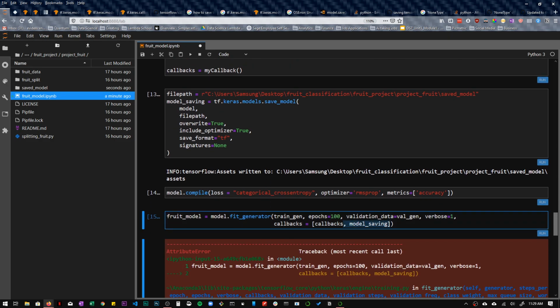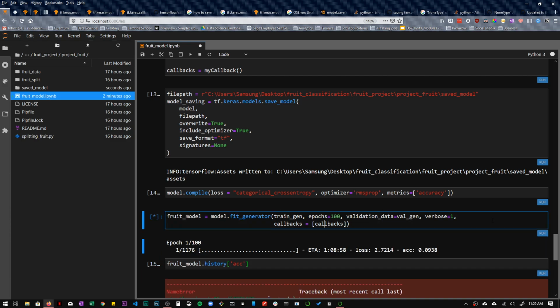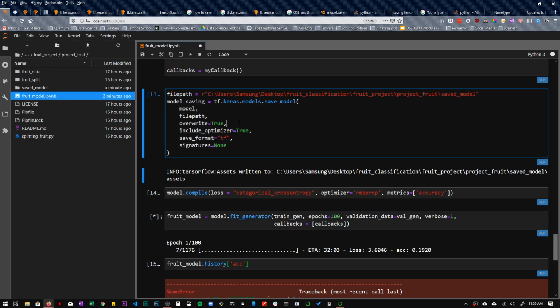So let me go ahead and remove this. Okay, and let's run this again and see where the problem is. So things are working. All right, so I'm going to go ahead and stop this because I actually don't want it to train. Okay, so this is where the problem is. The problem is right there.